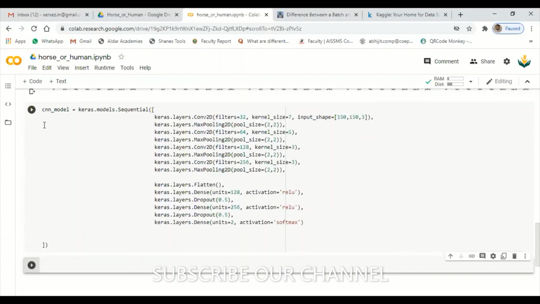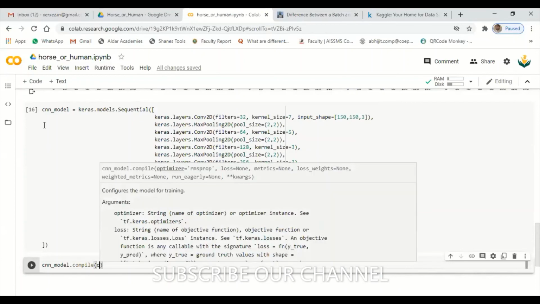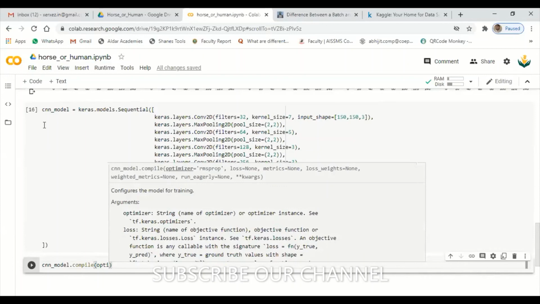Okay, so now let's try to compile this. To compile this, CNN underscore model dot compile, optimizer. This is the general syntax.